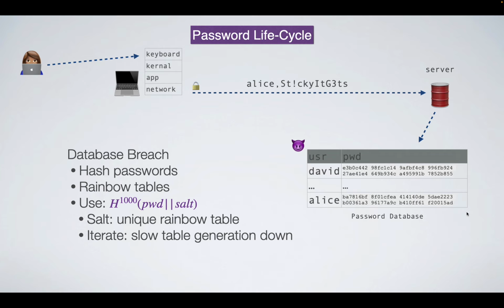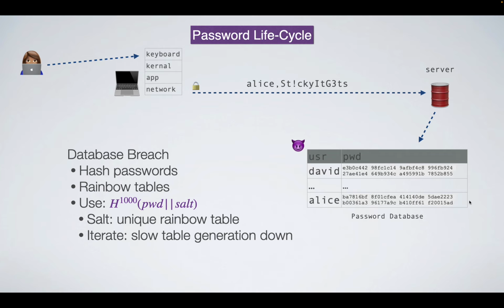So the attacker can still do a rainbow table, but the difference is I can't use a rainbow table that someone else made. I have to do it from scratch myself, okay? So salts don't solve rainbow tables per se, but what they do is force you to do all the work yourself. Are the hashes unique even though the passwords are?